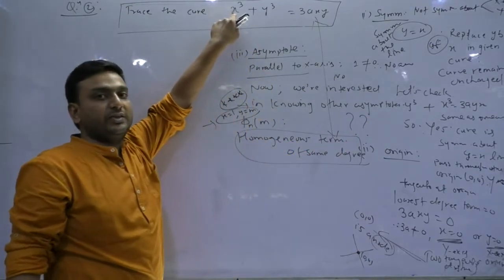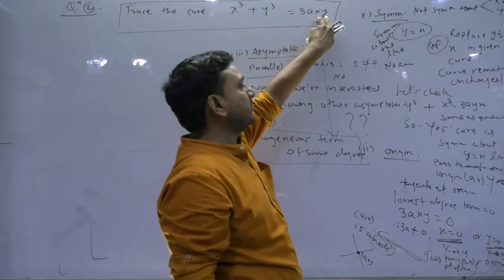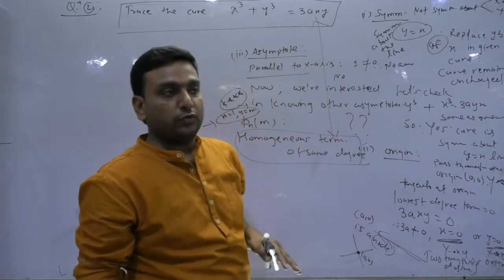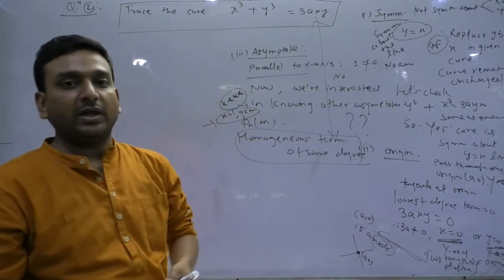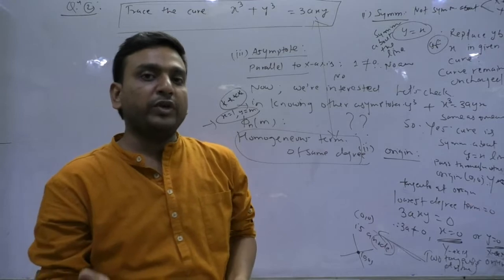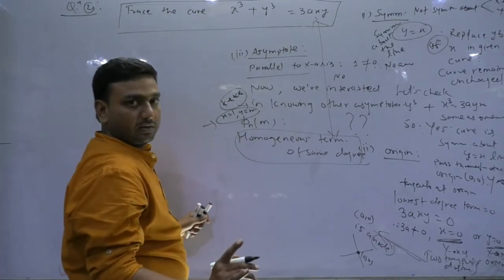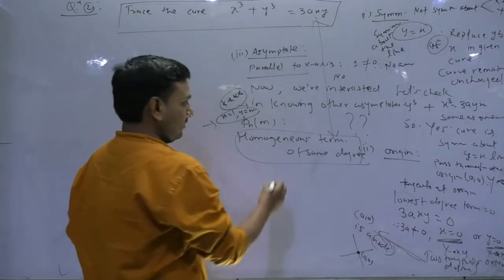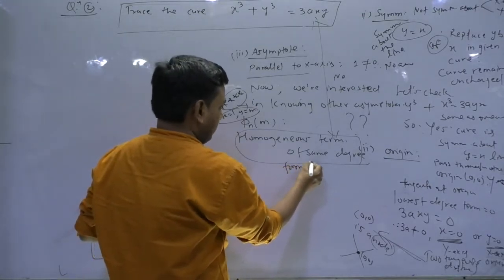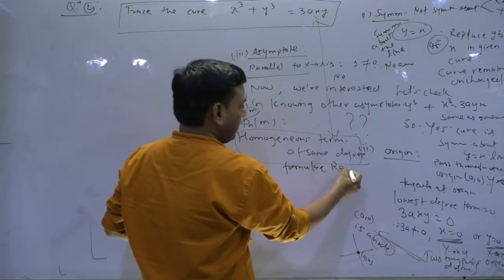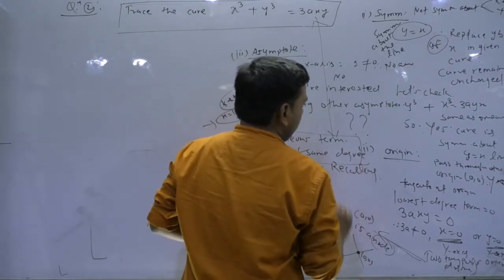इस टर्म का डिग्री 3 है, इस टर्म का डिग्री 3 है और इस टर्म का डिग्री 2 है. So can we apply that formula phi nm वाला, or we need some different formula here? You getting my point or not? So the job is formula recalling.